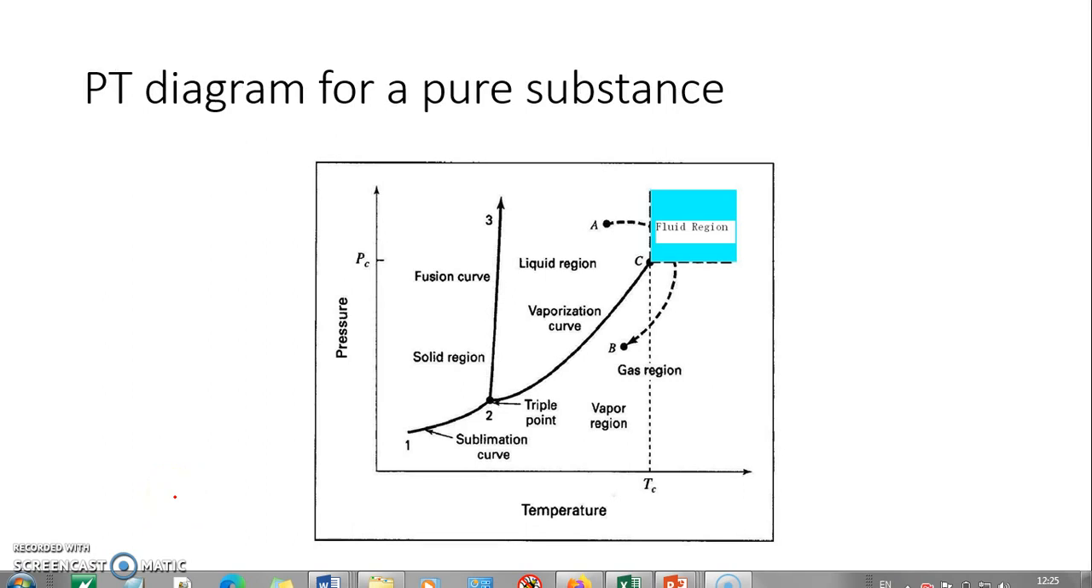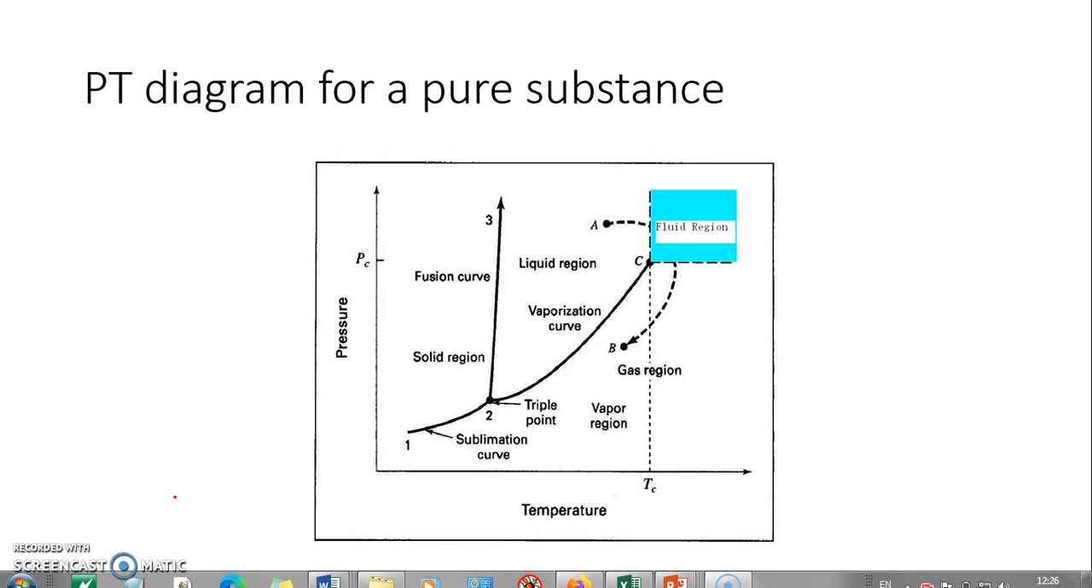We discussed the PT diagram for a pure substance in our previous video. We talked about various regions like solid, liquid, vapor and fluid region. We also talked about the critical point and triple point with respect to vapor-liquid equilibrium and vapor-liquid-solid equilibrium. The critical point is the highest temperature and pressure beyond which we cannot distinguish between vapor and liquid, and beyond that we enter into the fluid region, which has properties similar to